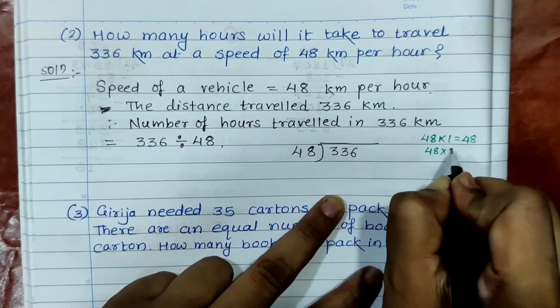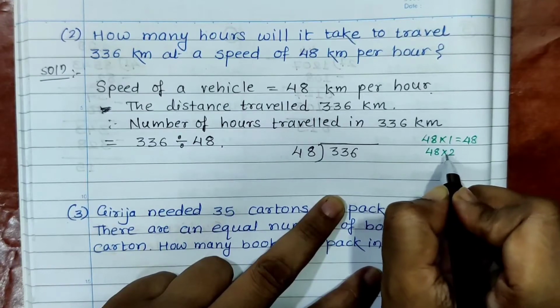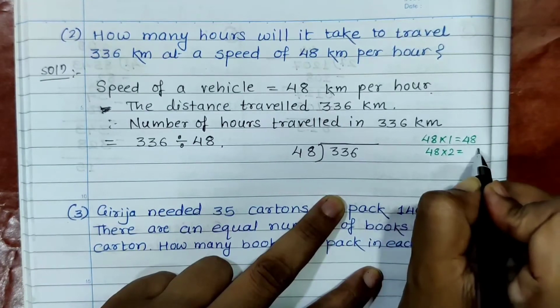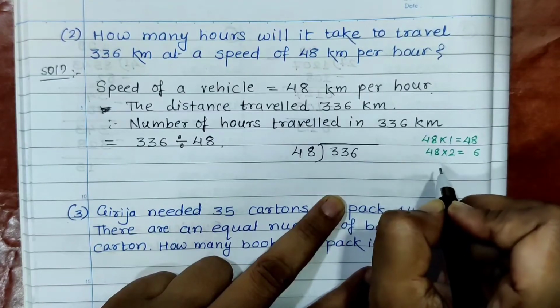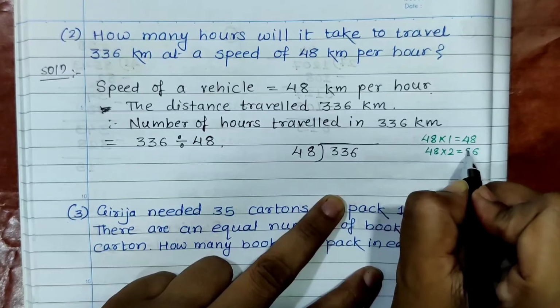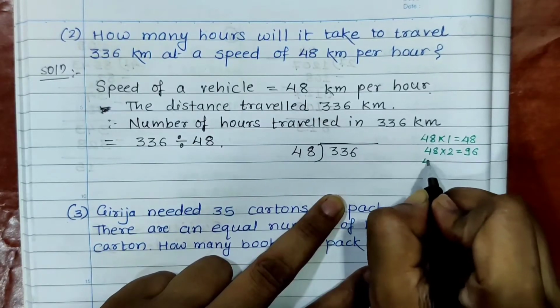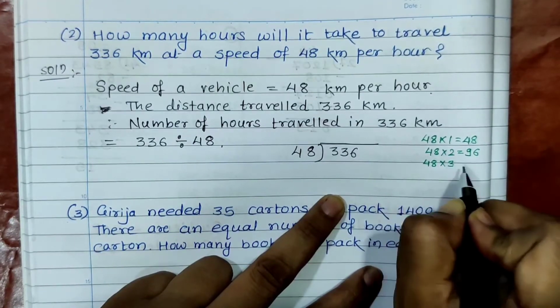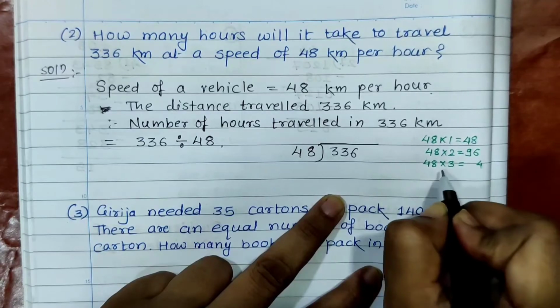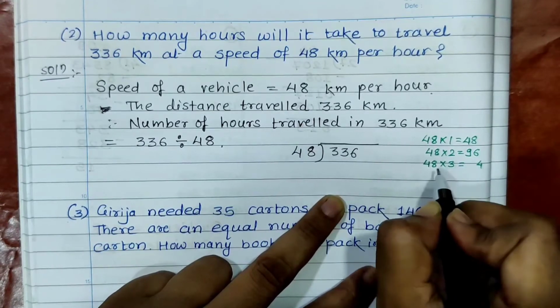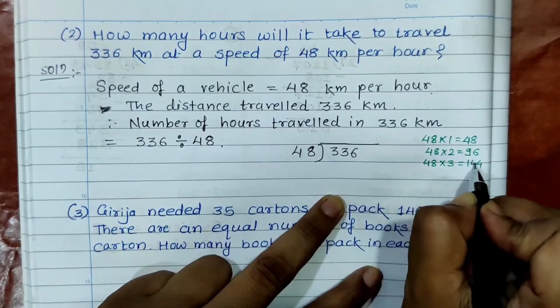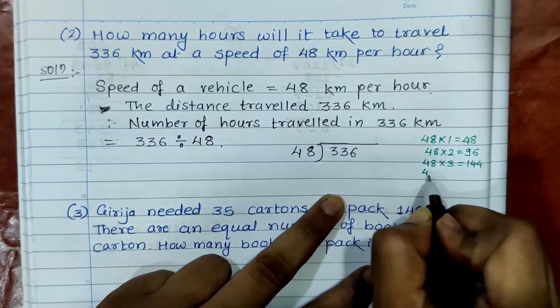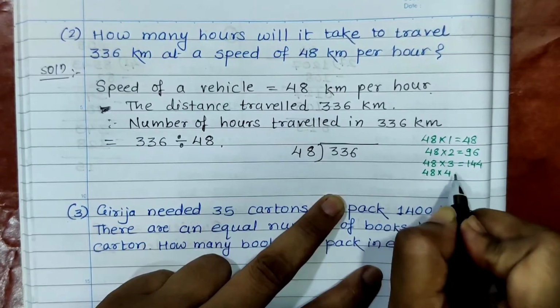48 twos are, what will be the answer? 8 twos are 16, 1 carrying, 2 fours are 8, 8 plus 1 is 9, 96. Okay. 48 threes are 8 threes are 24, 4 written, 2 carrying, 3 fours are 12, 12 plus 2 is 14. So in this way we have to prepare the table. 48 fours are